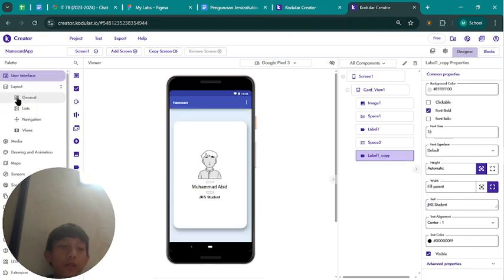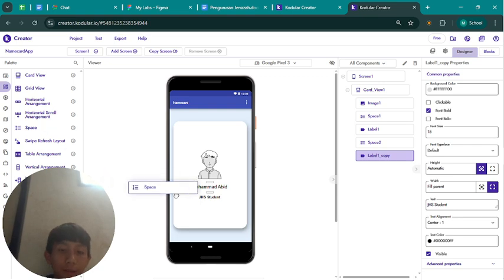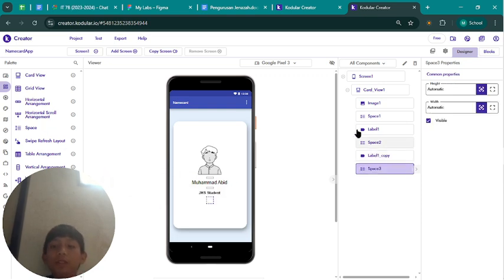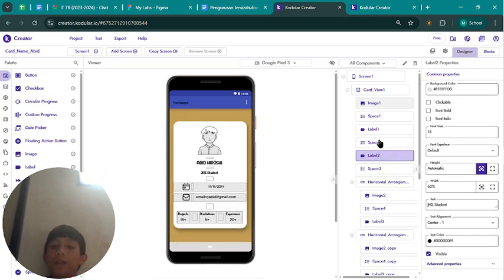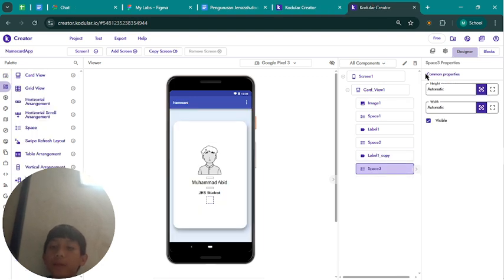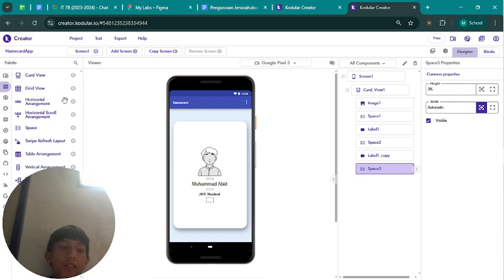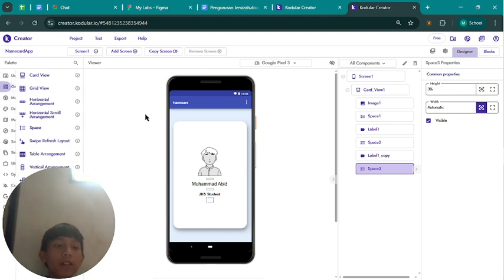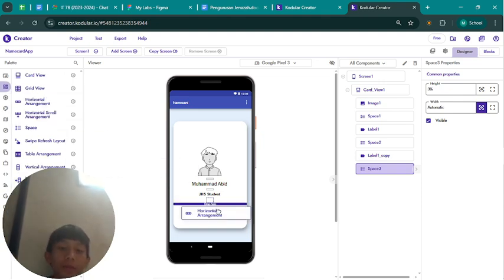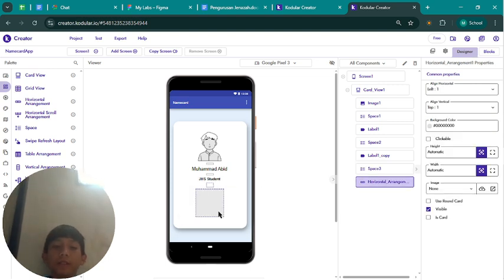And then after that you add space again. Go to layout, general, and add space below the status text. For the space, the height is 3% and the width is automatic. And then after that you add horizontal arrangement, still in layout, still in general. Add horizontal arrangement under the third space.